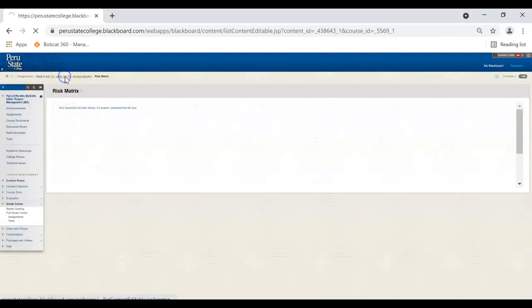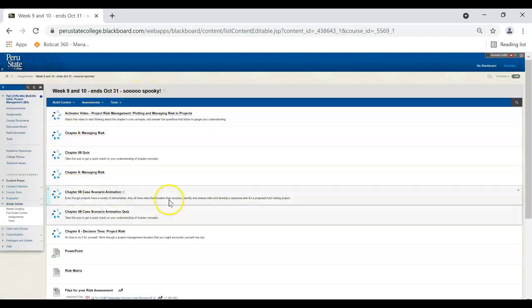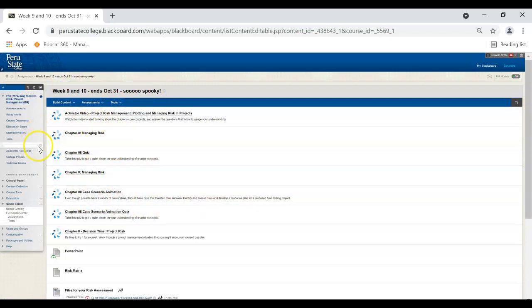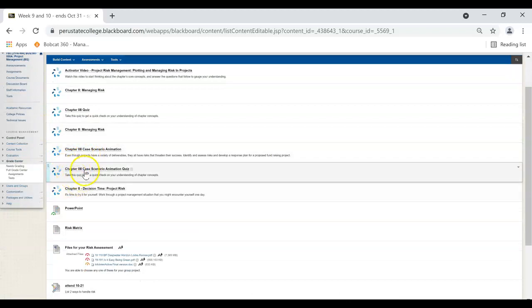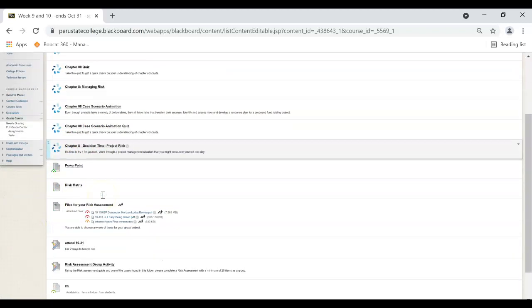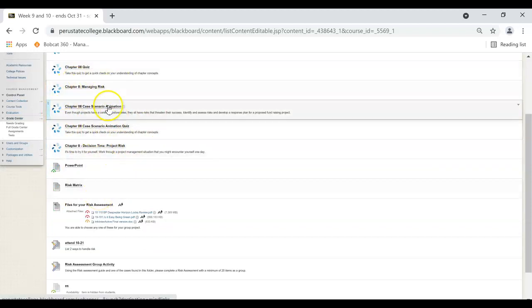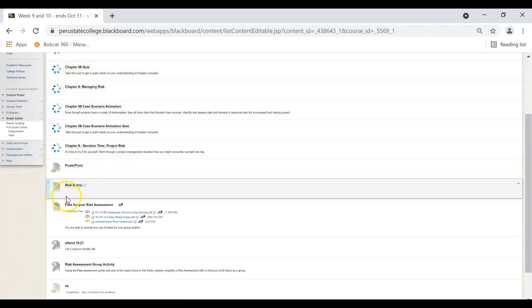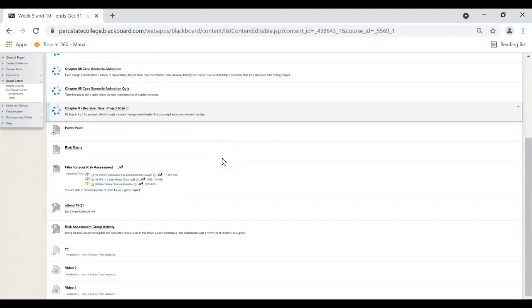All right. So, if you read through here, so read chapter 8, there is a quiz. There is an animation and an animation quiz. There's a project risk decision time. We will try next week to probably look at a couple of those in class. This risk matrix is right here. And then as a group,